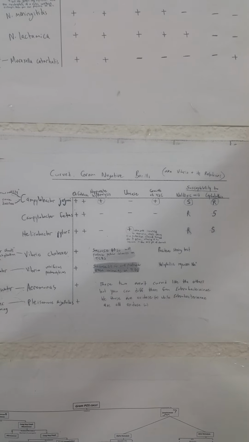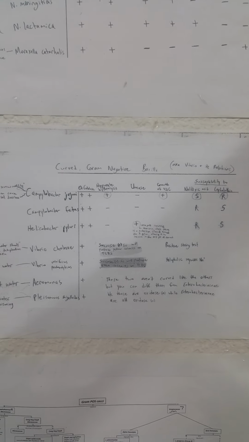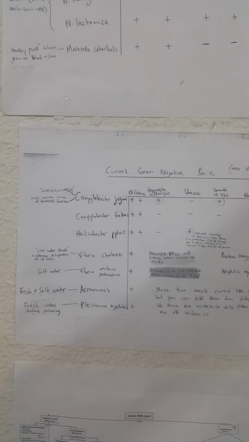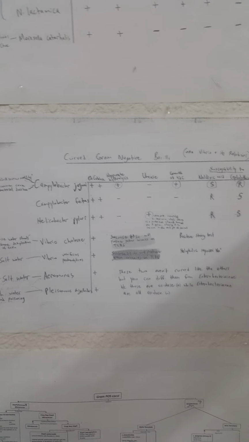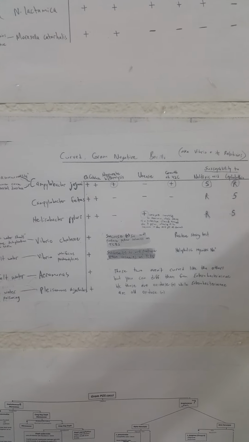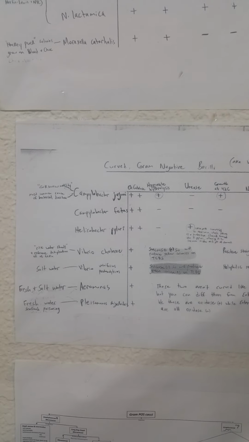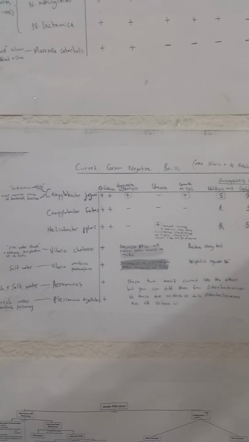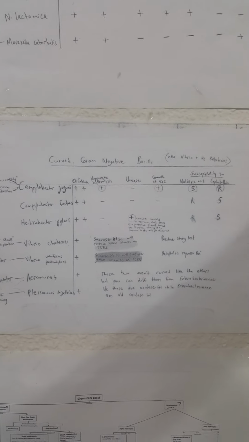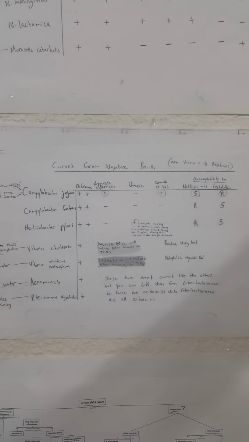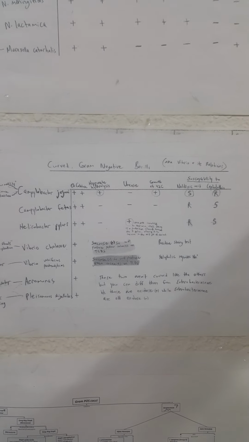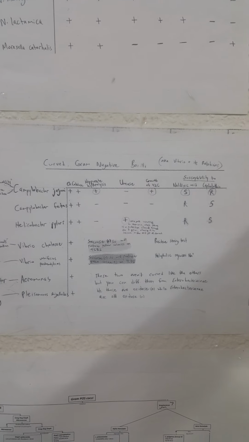Vibrio vulnificus and parahaemolyticus are found in salt water, and the organism is unable to ferment sucrose, so they will produce green colonies on TCBS. And also, as you know, it is a salt water organism, so it needs sodium, and we can say it's halophilic. Aeromonas and Pseudomonas both are oxidase positive, and these are the only organisms in the Enterobacteriaceae group that